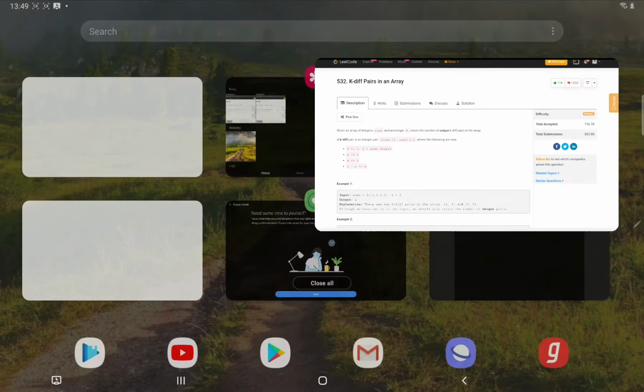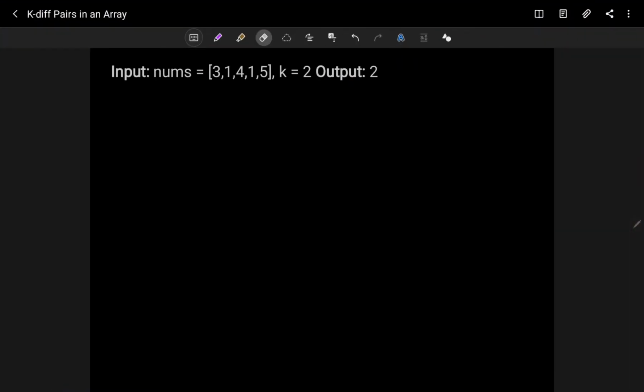So let's try to see the approach using which we can easily solve it. How we can solve it? What will be your brute force approach? One thing I can do is use multiple nested for loops and iterate through this array and generate all the possible combinations. Then we can check the difference. If the difference is matching, then we can increment our answer counter, and at the end we can return the answer counter. If you follow this brute force approach, your time complexity will be order of n square, because you are going to use multiple nested for loops. So using this we obviously can solve it, but we will try to improve our time complexity here.